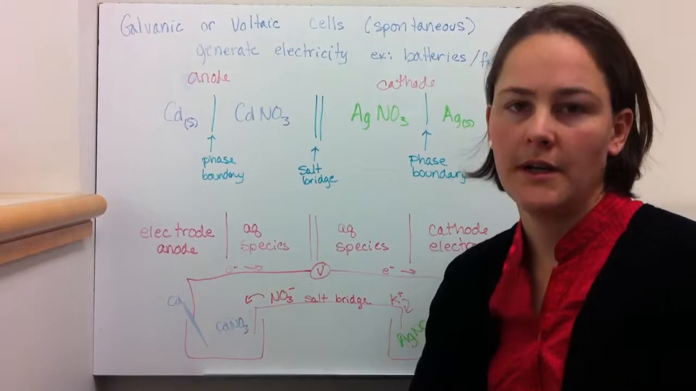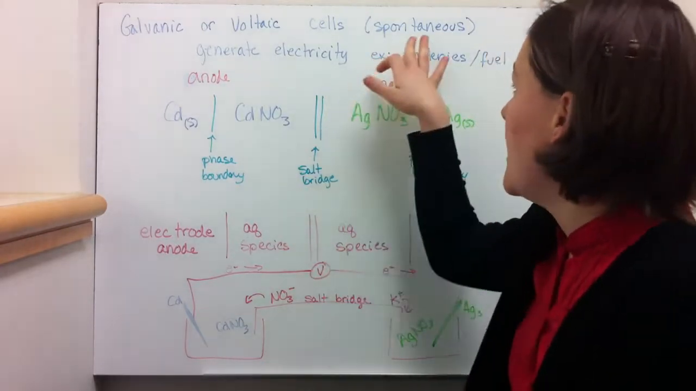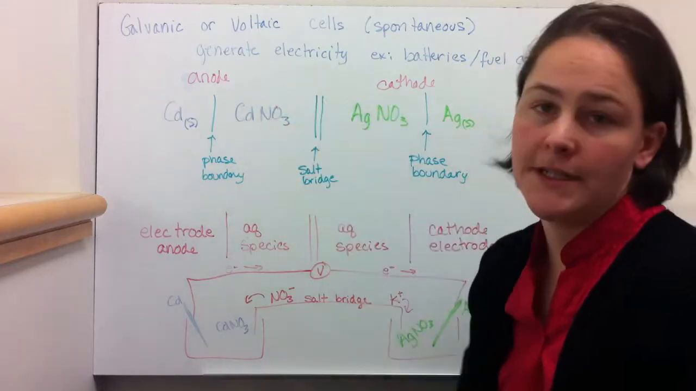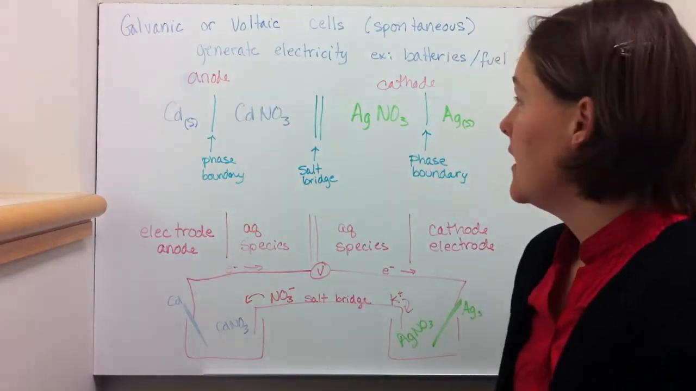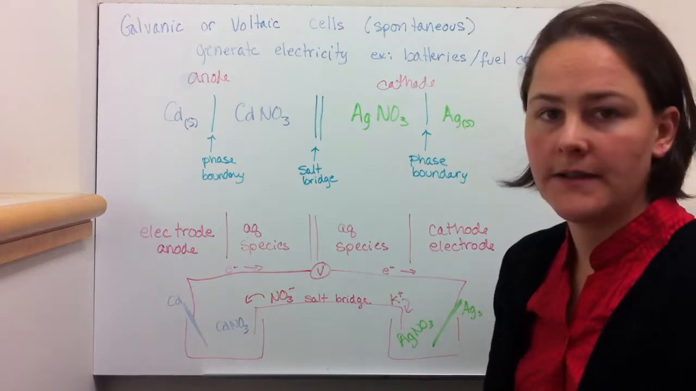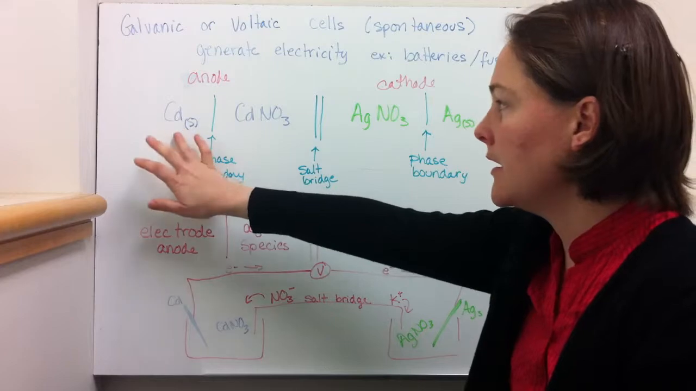So usually when we're talking about chemistry, we're talking about galvanic or voltaic cells, which are spontaneous and they generate electricity. Examples of these would be a battery or a fuel cell. We have some special notation for writing these. You start with the anode,